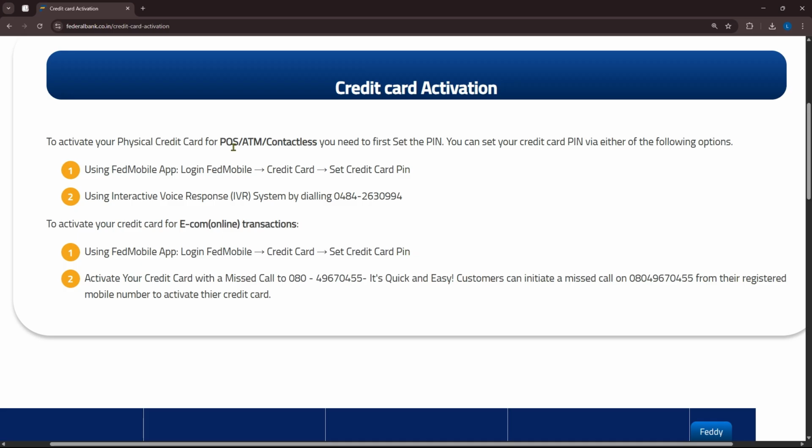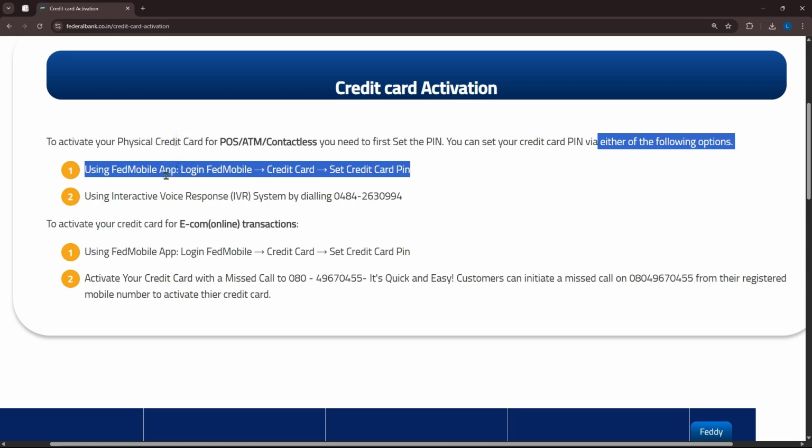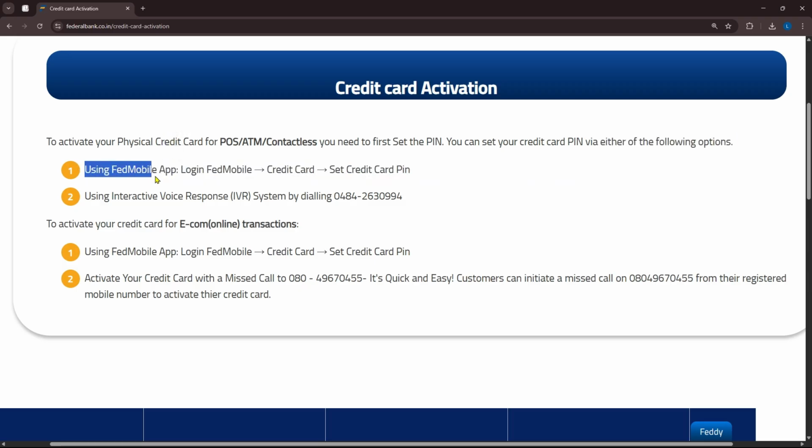You can set your credit card PIN via either of the following options. Using the Fed mobile app, log in, go to credit card, then set credit card PIN. It is applicable if your credit card is not yet activated, and you can now set your credit card